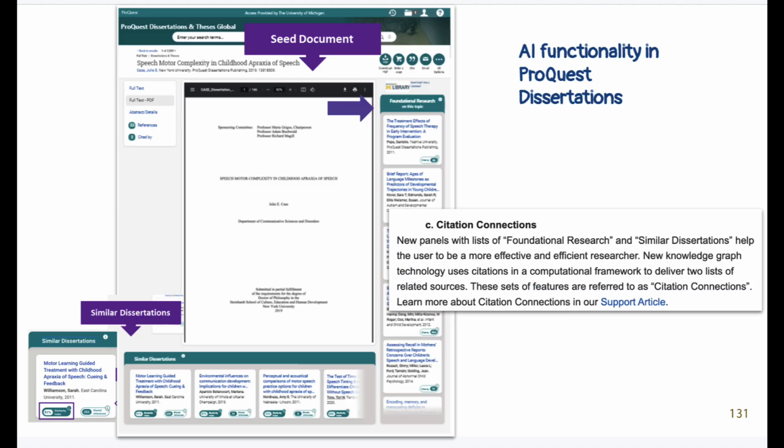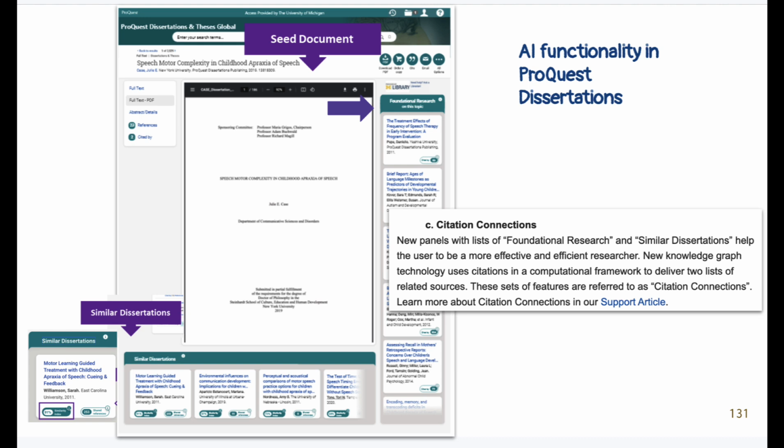Another thing you might want to take a look at, especially if you're doing ProQuest with us in 530, is ProQuest Dissertations. We sometimes don't really recognize the value of dissertations in general research. Bring a dissertation up, and you will be able to get a good lit review to examine.